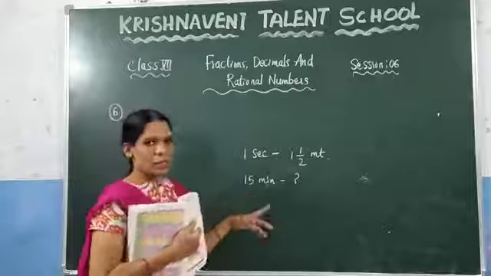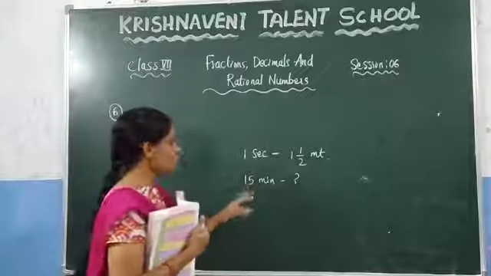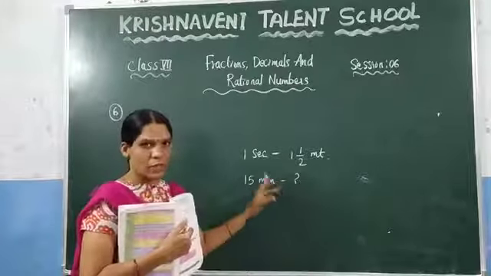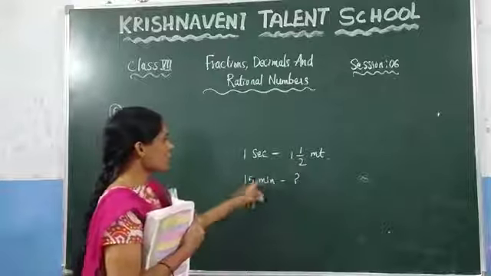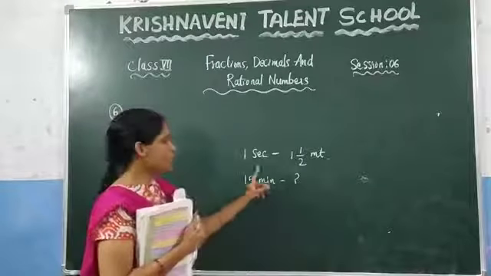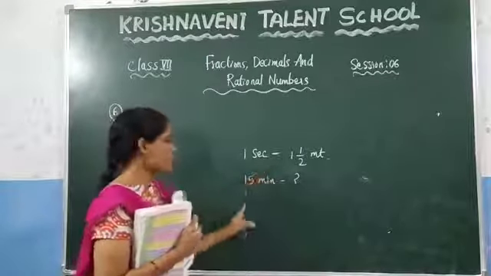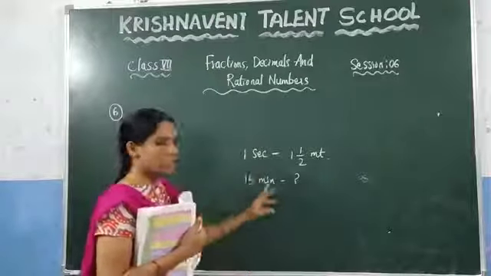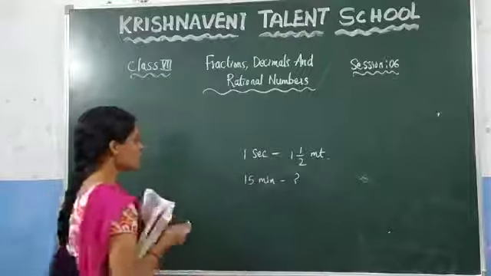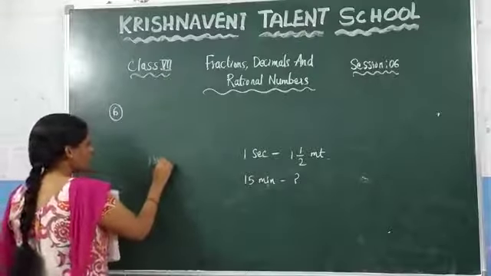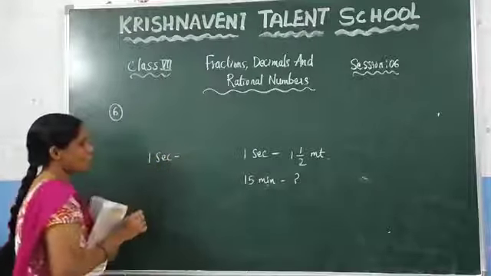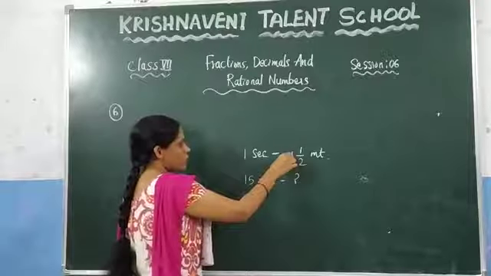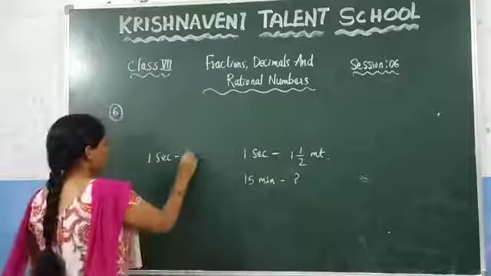Similar to the previous question we have done, here also we need to multiply these two values, but here you can observe that the units are not the same. Here they have given 1 second. In the question they ask for 15 minutes. So you need to convert this one into seconds. So just do this one. In 1 second, how much distance he walked here? 2 into 1, which is 2, plus 1, which is 3. 3/2